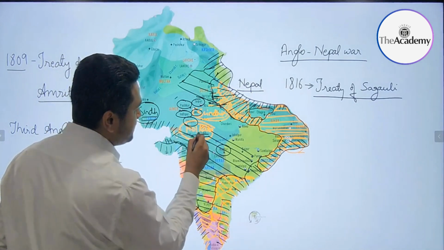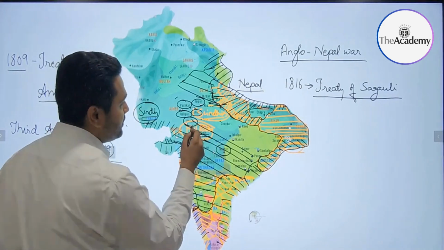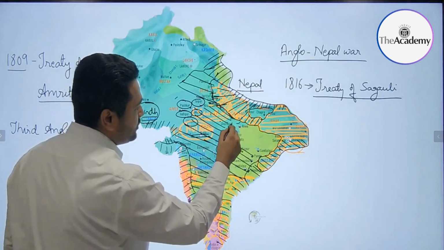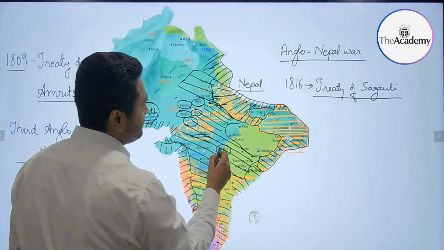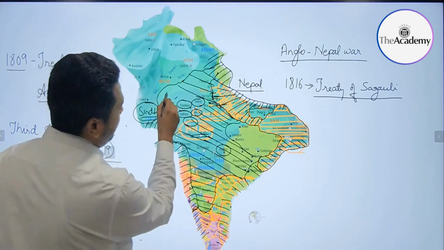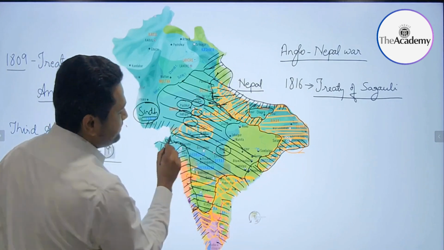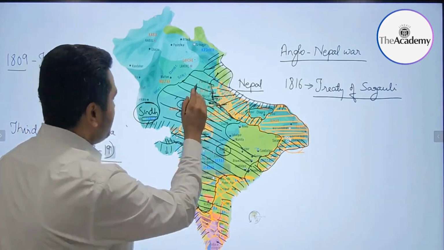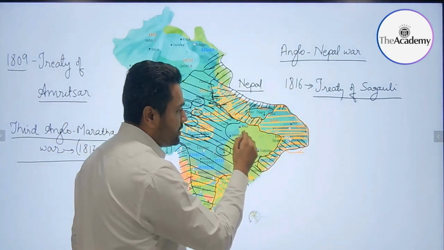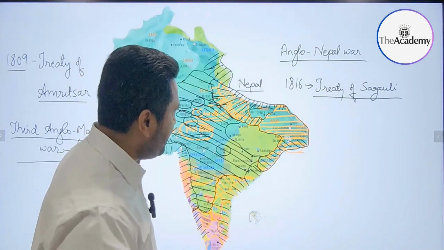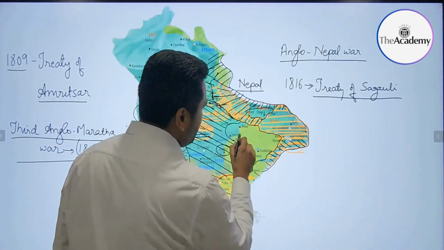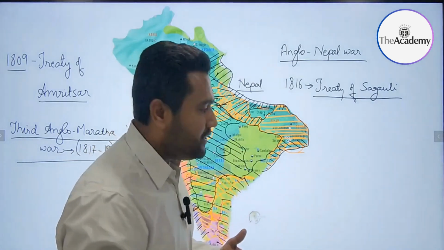They defeated the Holkars, forcing them to sign the Treaty of Indore. They also defeated the Sindhiyas, and Treaty of Gwalior was forced upon them. So effectively, the Britishers subjugated the entire India by 1819, after the Third Anglo-Maratha War. Now, why have I not considered this area? Because it's the tribal area. When we talk about few pockets of tribal areas here and there, these were still beyond the direct reach of the British.